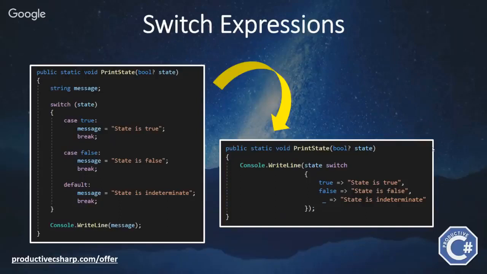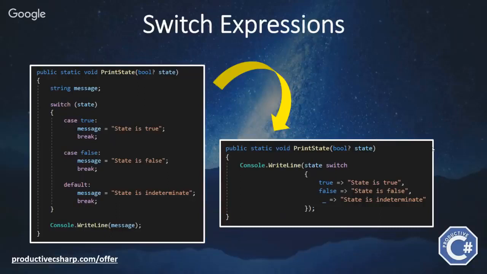It's a lot more compact. You don't need to do case, you don't need to do breaks and stuff like that, because that syntax comes from C. Finally, Microsoft improved this switch statement to make it a lot more compact. There is obviously a very important difference. The switch statement doesn't need to return a value. It's effectively a statement, but a switch expression does need to return a value. So you can't convert all switch statements to use switch expressions. You won't be able to do it for all of them, but most of the time,